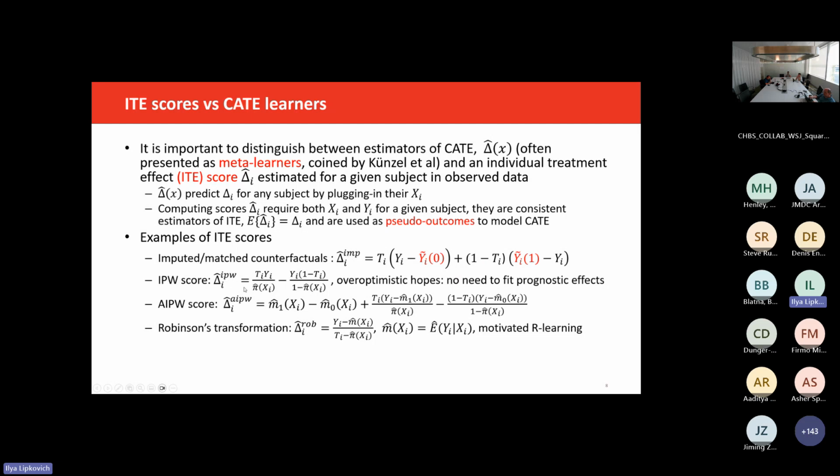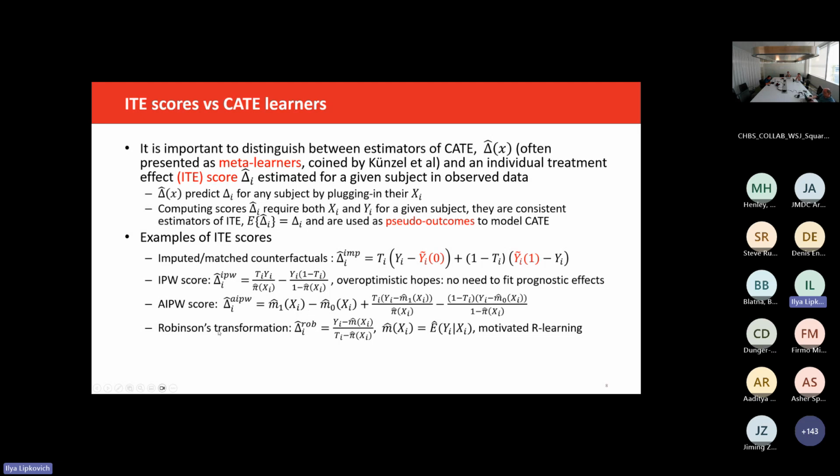Then another idea which was very popular is that you don't need to predict anything. You just form these inverse probability weighted scores. For randomized clinical trials, you don't even need to model propensity. You have a known constant for propensity. And here you go, you can just model these pseudo outcomes and obtain consistent estimators of CATE. Well, unfortunately, as was learned later, it's over-optimistic. The variability associated with these scores is so huge, and the convergence rate so slow, it probably wouldn't work unless you augment it somehow with actual prognostic models. And that's where you see augmented inverse probability scores, which are much more useful.